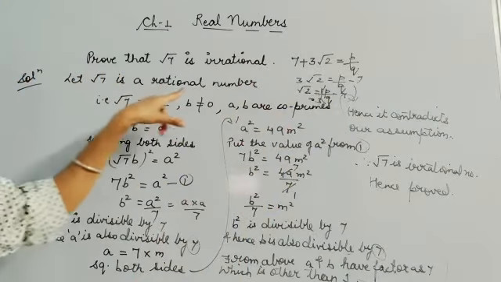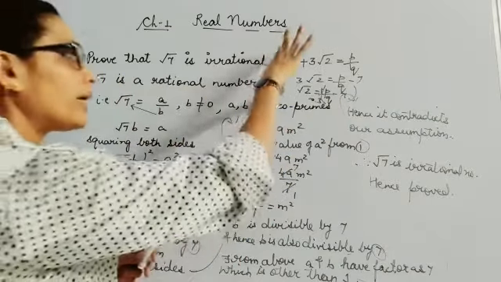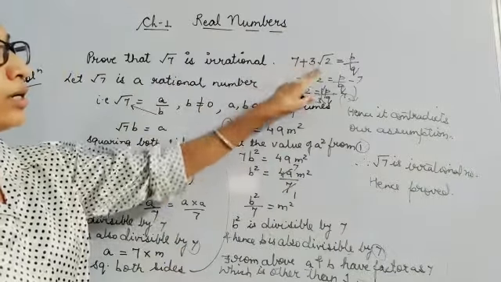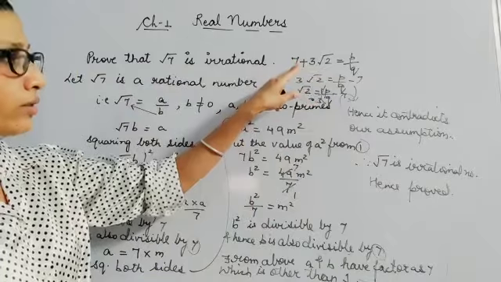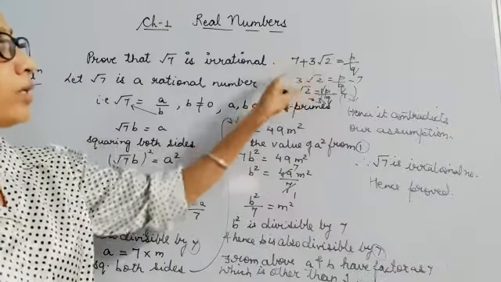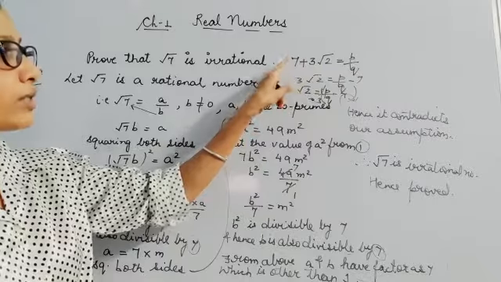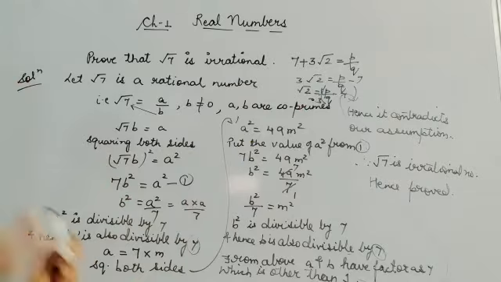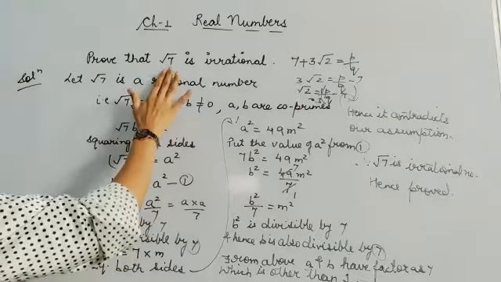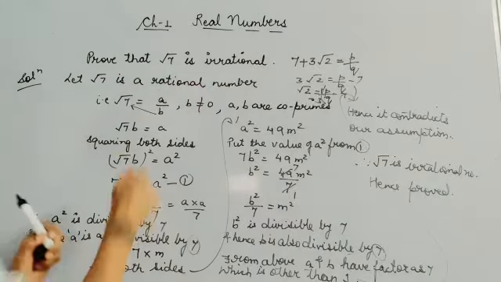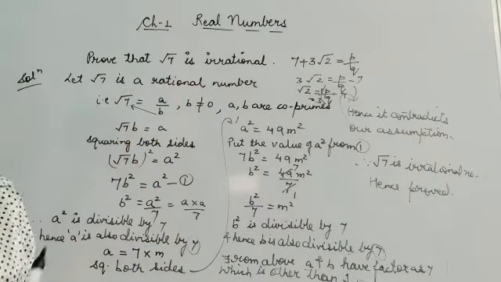Now you will start the things from here. Let root 2 be a rational number. So this is an additional part you have to do if your question is given as the addition of two terms, that means one is rational and the other is an irrational number, or the difference of two terms, that is, a rational and an irrational number. Isn't that easy? Follow this method for proving any number which cannot be expressed in p by q form as an irrational number.